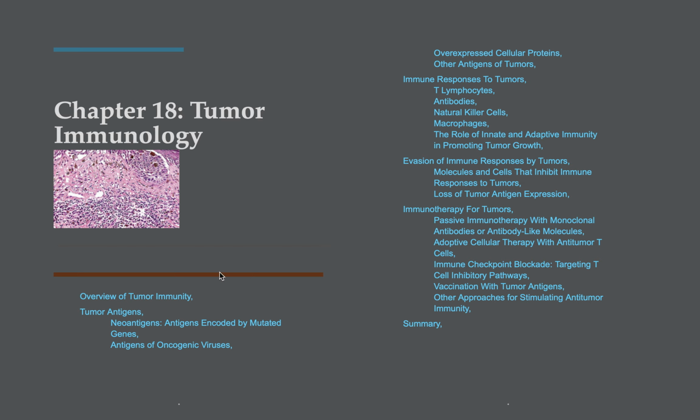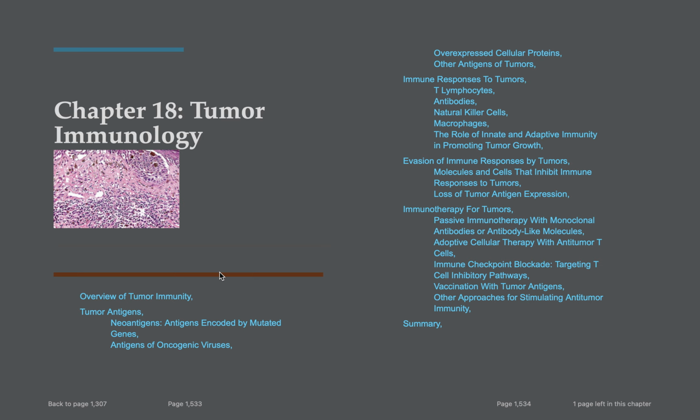Chapter 18, Tumor Immunology. Overview of tumor immunity. We'll look at tumor antigens, neoantigens, antigens encoded by mutated genes, antigens of oncogenic viruses, overexpressed cellular proteins, other antigens for tumor, immune response to tumor, the T lymphocyte, antibodies, natural killer cells, macrophages, roles of innate and adaptive immunity in promoting tumor growth, evasion of immune response by tumor,